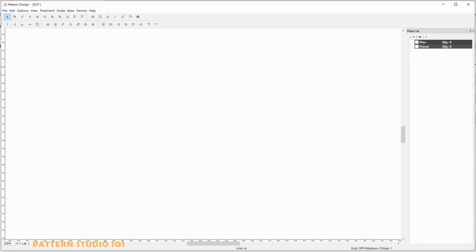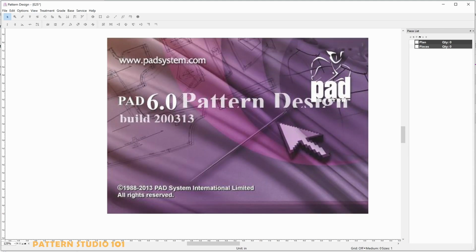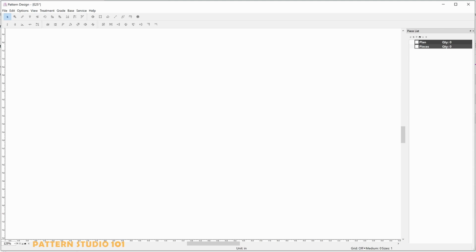Let's get into it. This is PadShare that I'm paying for my personal use, and it's the same as the PAD program that I'm using at work. This is version 6.0. PadShare offers version 7.0 as well, but because I'm using 6.0 at work, I'm just using the same version here. When you open a new file, you have empty space you can work on, like this. Here's a menu bar, tools, and rulers.